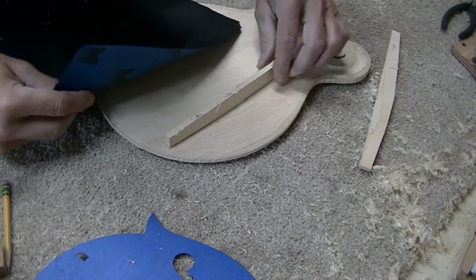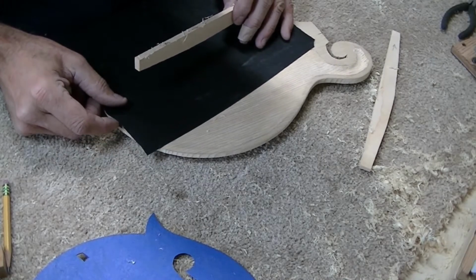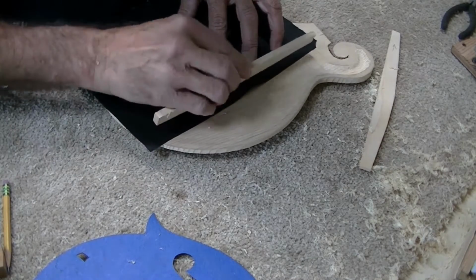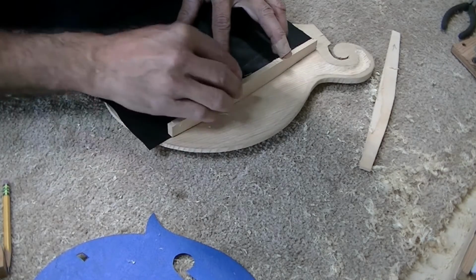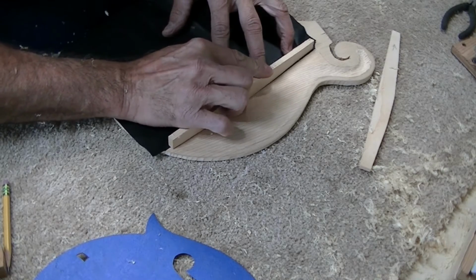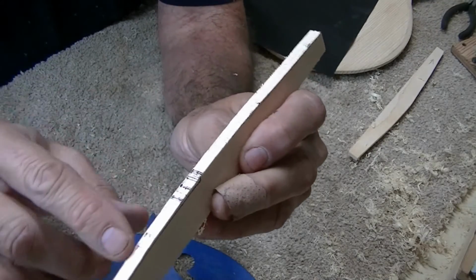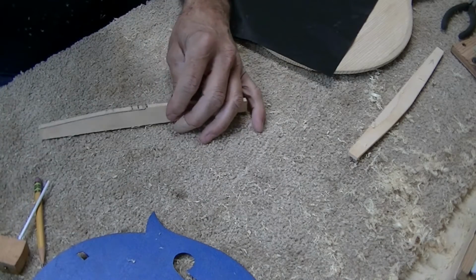So since I can see light in just a couple places, I'll lay this piece of carbon paper on here, and I try to lay it as close to the edge as I can so I know that I'm getting this back in the right place, because it all matters. You have to get it all just right. And then I'm just going to work it like this to see where the black spots are. You can see that the black rubbed off right there, so it's high here, here, and a little bit here. And all we do is we just take the